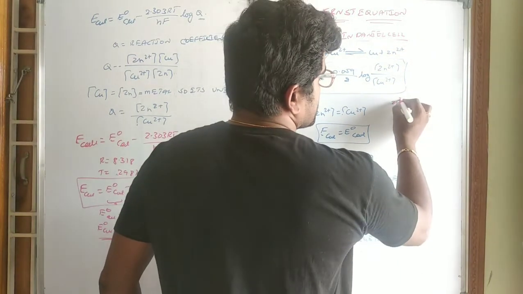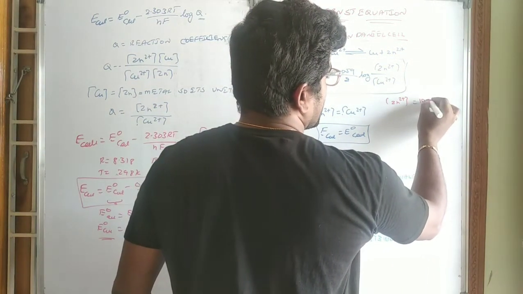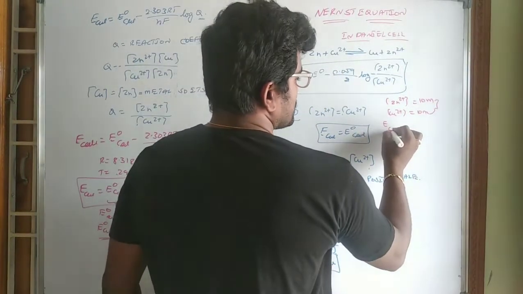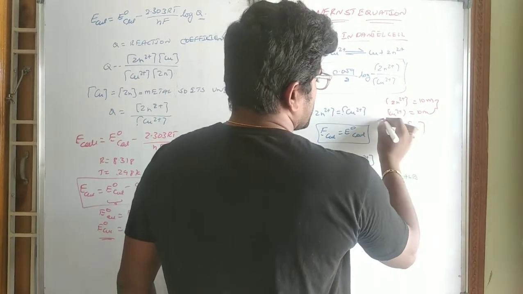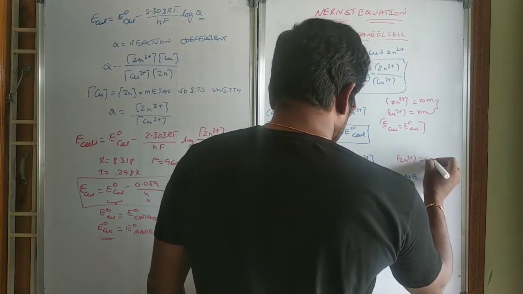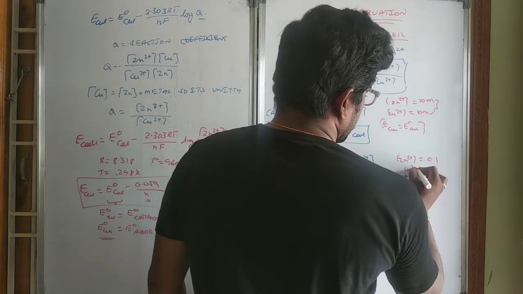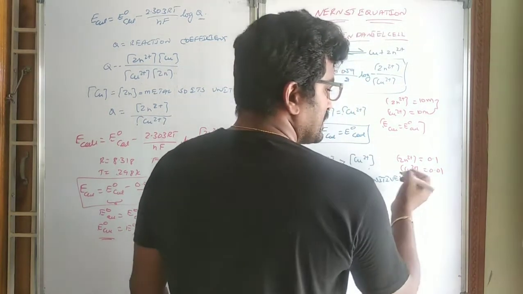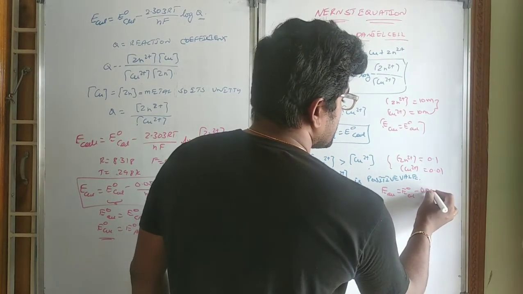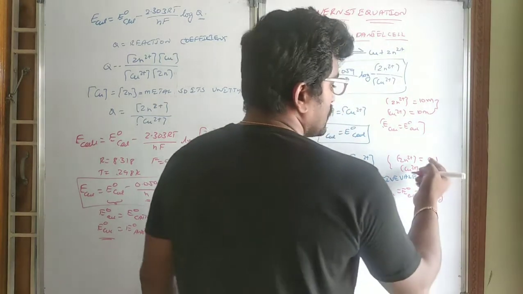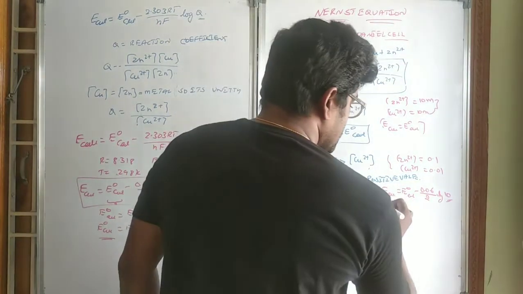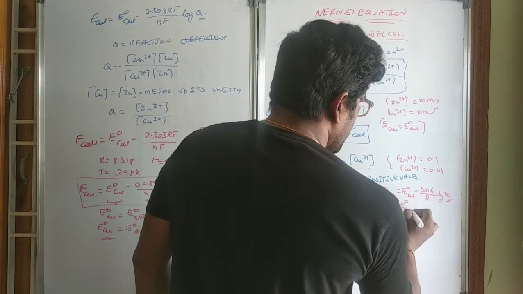Let us take zinc concentration is equals to 10 molar, copper concentration equals to 10 molar. E cell is equals to E naught cell. In this case, zinc concentration you take as 0.1, copper concentration you take as 0.01. Then E cell is equals to E naught cell minus 0.06 by 2 log 10, because 0.1 by 0.01 means log 10. So that's why E cell is equals to E naught cell minus